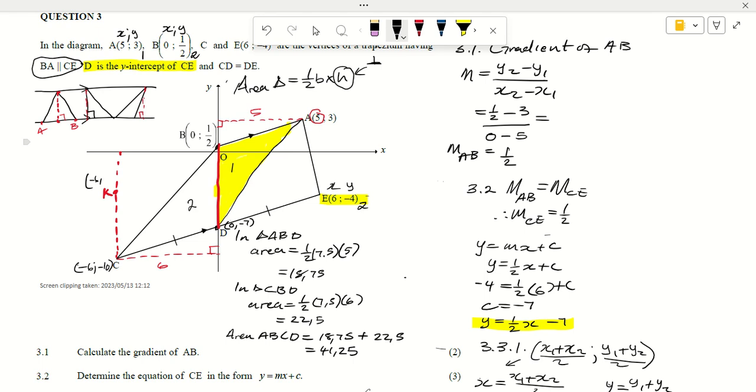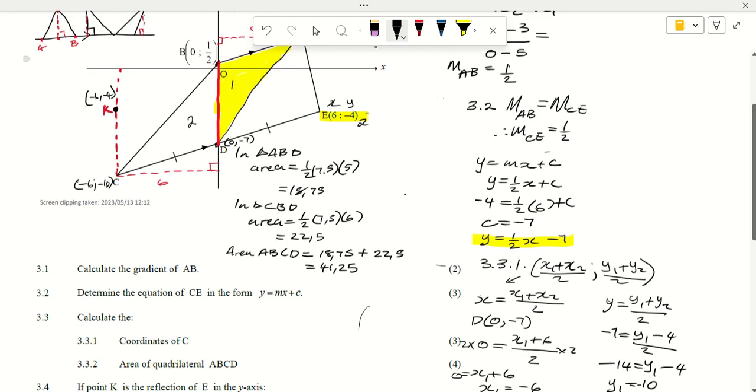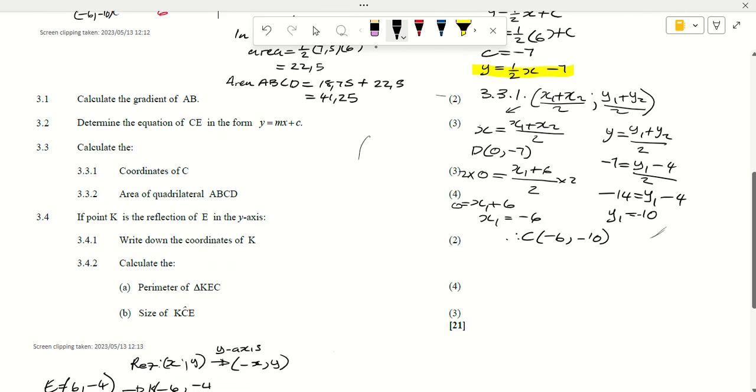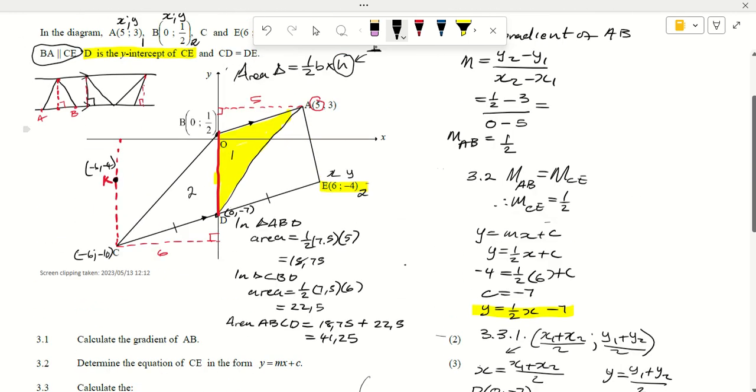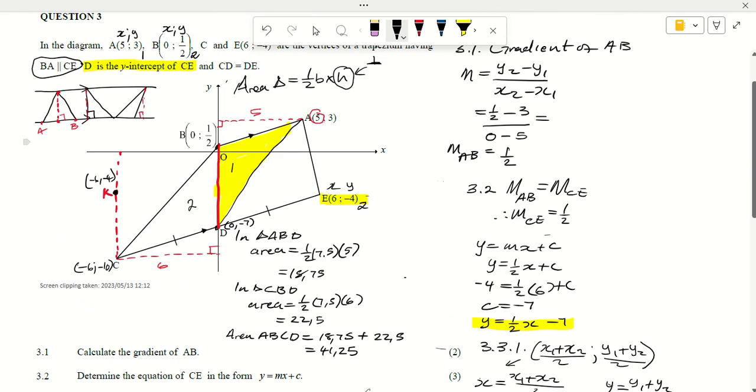-6 and -4. So K is here. Let me just put a black dot. Okay, fine. And the question states that we must find the perimeter of the triangle KEC. So we must construct the triangle KEC. Let me use the red color. Okay, triangle KEC. So from K and E,